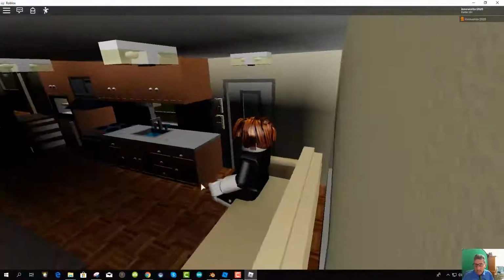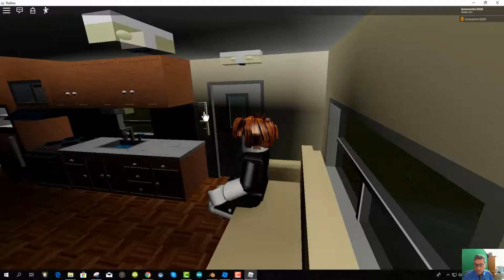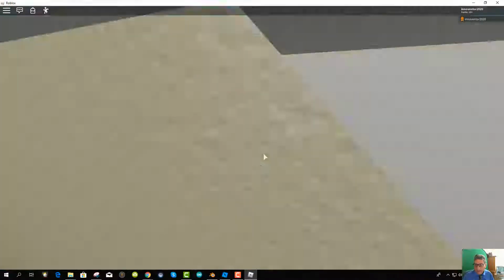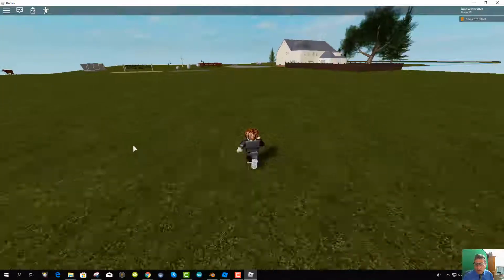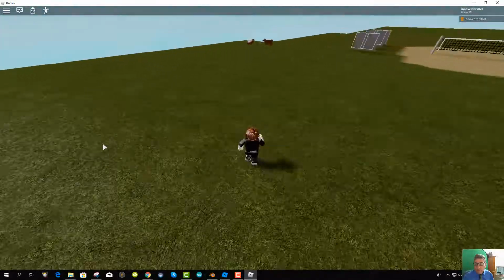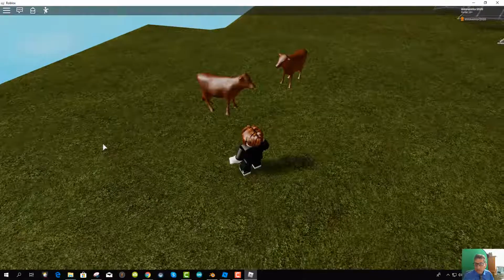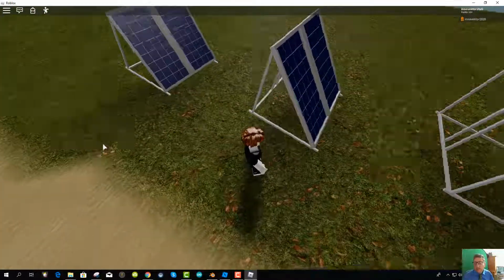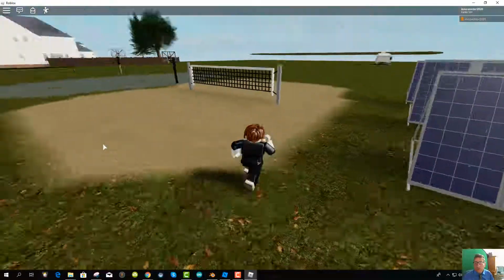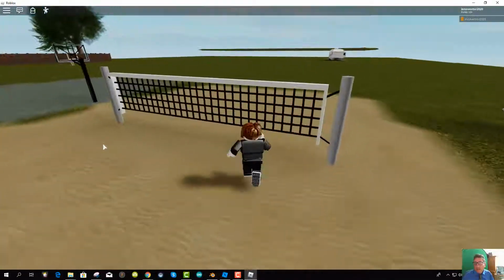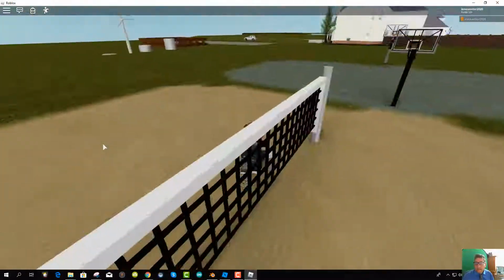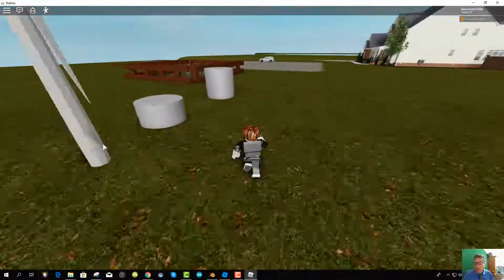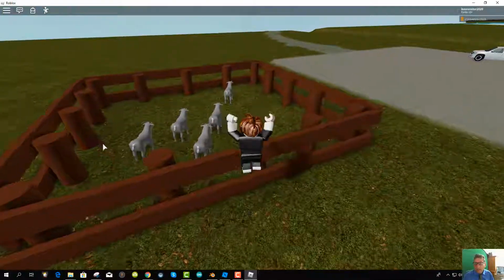So going back out, I put some cows in. They don't move. They move. They don't move. The solar panels still have to be readjusted. So there's that. I put the volleyball court in, and I put in the basketball court, and I put the windmill and the 3 biodigesters. I put a goat pen, yay, with the 5 goats, and the car, and a false house,